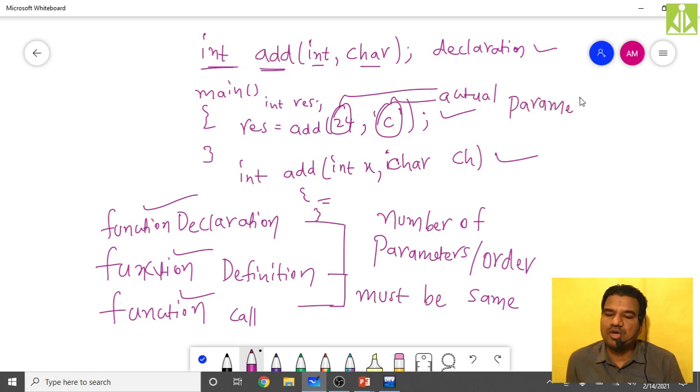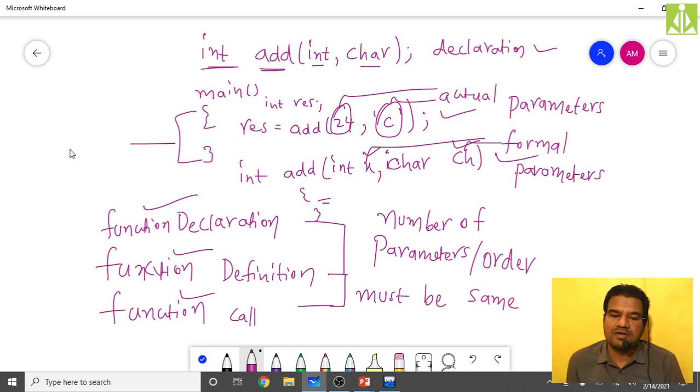And a copy of these actual parameters I received inside x and inside ch. So I call these two, x and ch, formal parameters.